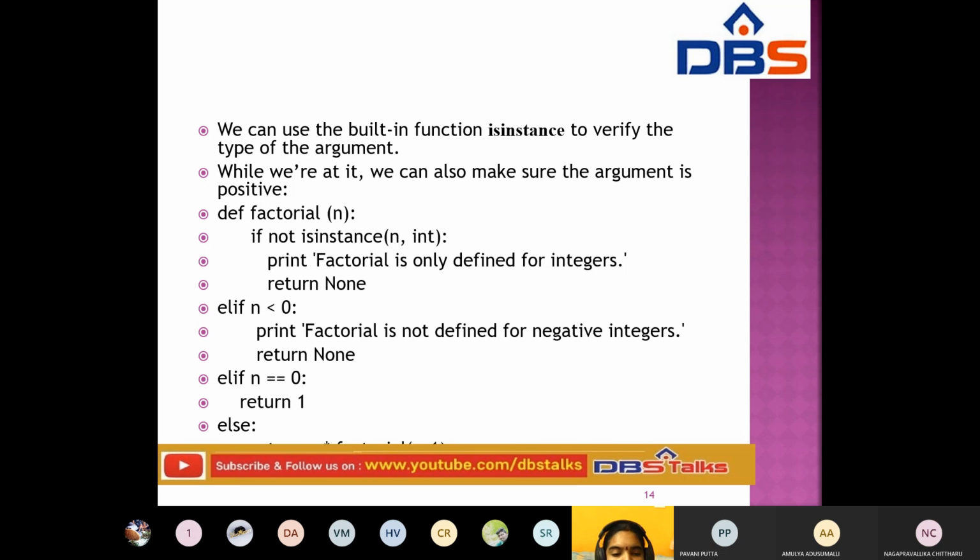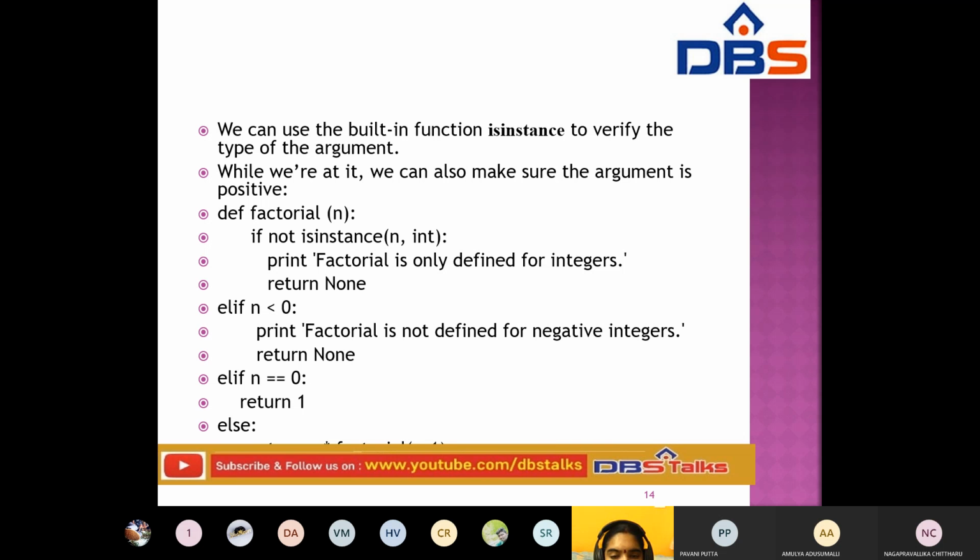def factorial of n: if not isinstance of n comma int, print function.